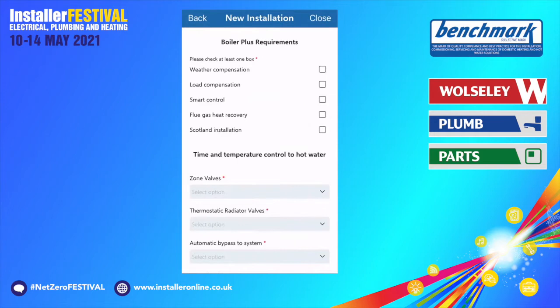Okay. The next field covers the requirements of Boiler Plus: weather compensation, load compensation, etc. There's also a separate box on the bottom for any installation that's in Scotland, because Scotland doesn't have the Boiler Plus requirements. So I'm just going to tick one of those. I'm going to tick weather compensation. Then it's asked me a few questions,